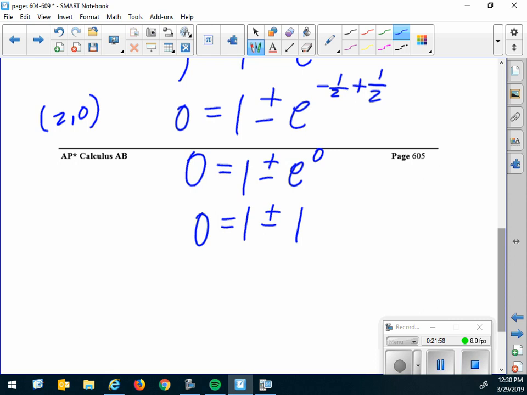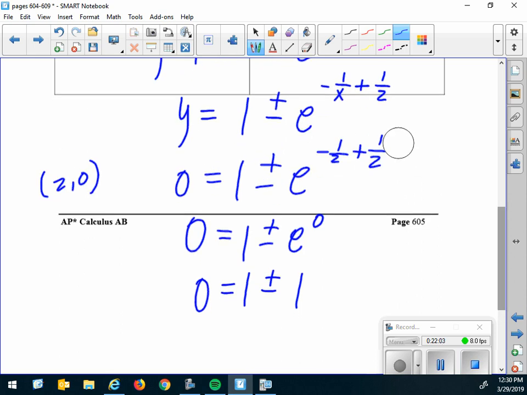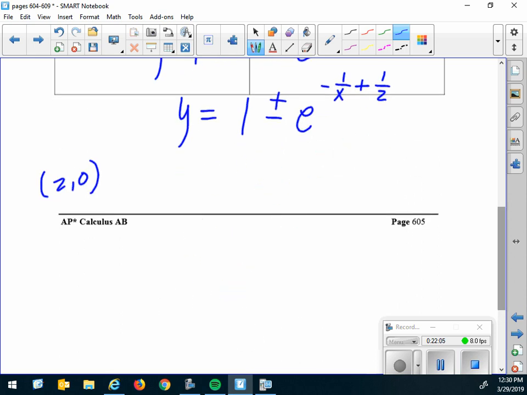Which one works? The negative one works. So my answer is, hang on, 1 minus e to the,